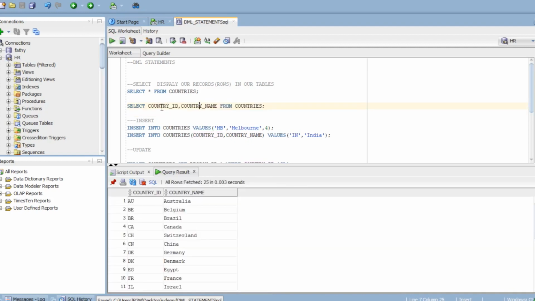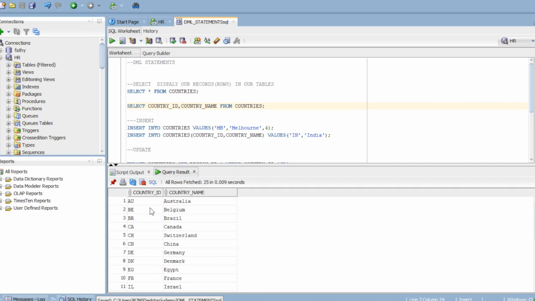For example, country ID and country name. Now when I execute this query, see, I am getting only two columns because I have mentioned only two columns here.